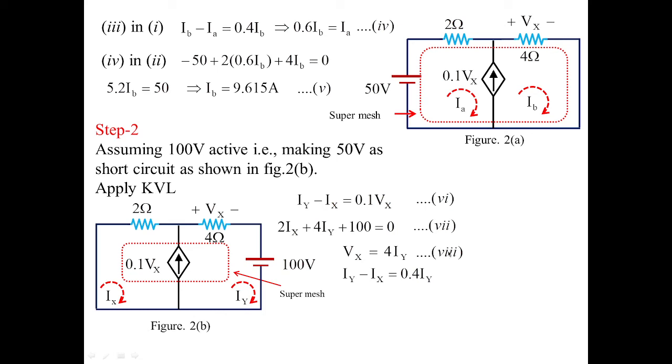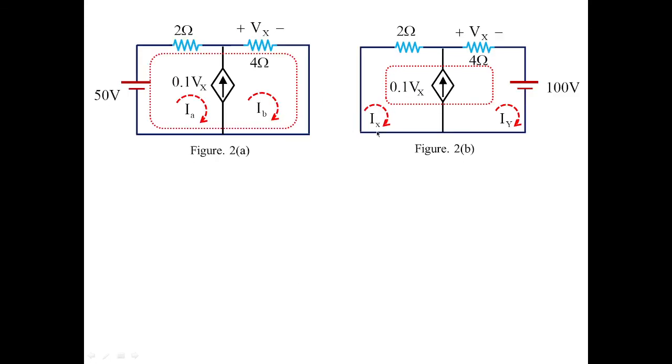Now substituting these values, that is equation 8 in equation 6, we are going to get 0.6 Iy is equal to Ix. Now making use of this equation in supermesh, so I'm substituting Ix which is equal to 0.6 Iy. I'm substituting over here. So I'm going to get Iy is equal to minus 19.23 amperes. Now this is the current because of source voltage 100 volts. So with these two results, we got IB for the first case when 50 volts was active. The Vx value is obtained as 38.46 volts.